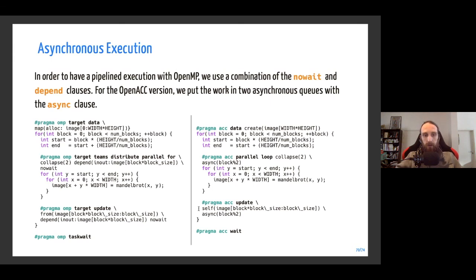Okay, so we are kind of overlapping the operations because it can launch another kernel while updating the value from a previous block. And in the case of OpenACC, we use two queues and we use a modulo of the block, putting one kernel into the queue and then the update in the same queue, and the next block will be placed in another queue.